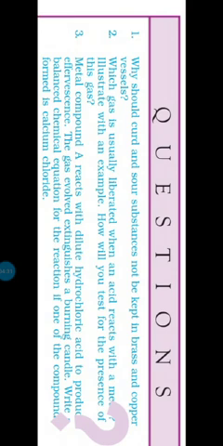Another problem is, a metal compound A reacts with dilute hydrochloric acid to produce effervescence. The gas evolved extinguishes a burning candle. Write a balanced chemical equation for the reaction if one of the compounds formed is calcium chloride. We know that